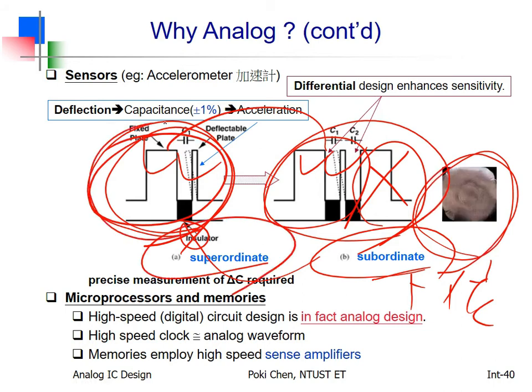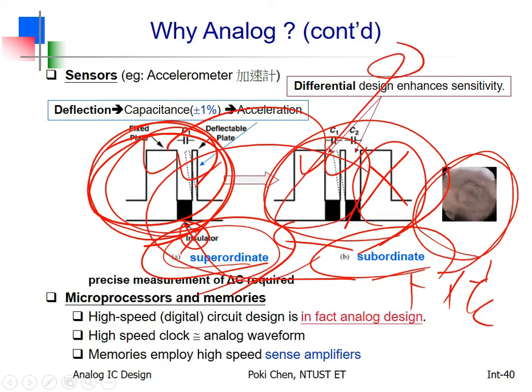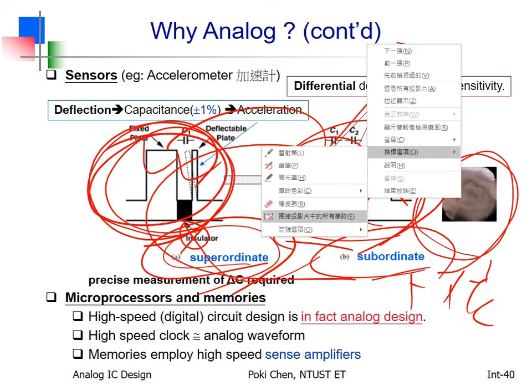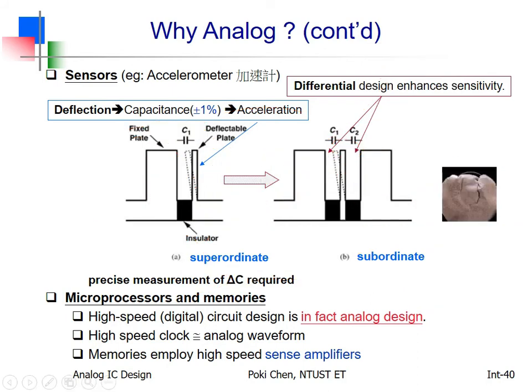So this is the superordinate patent. You violate their patent, and yeah, they will sue you. Hey, don't use my patent, okay? So both go to court to argue how much you need to pay. They will say, oh, you need to pay me $100 each. They say, oh, I will only pay you $1.